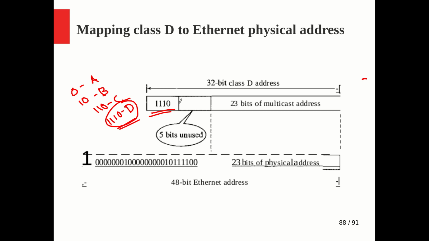And other than this, we have the remaining 28 bits, but out of these 28 bits, we will be taking the least significant 23 bits only. So here we have 23 bits, here 5 bits, and here 4 bits. Together it makes 23 plus 5 plus 4, 32 bits. So these 23 bits we are taking as they are into the 48-bit Ethernet address, and the remaining 25 bits